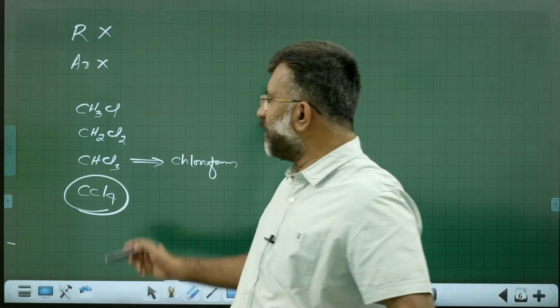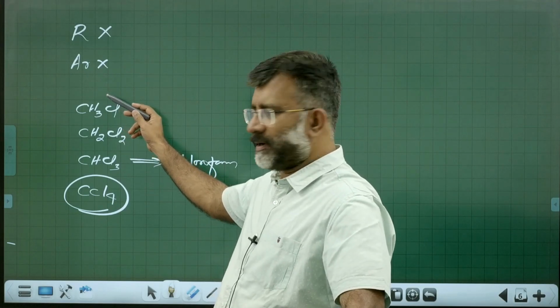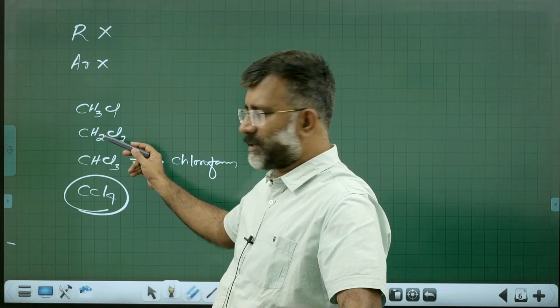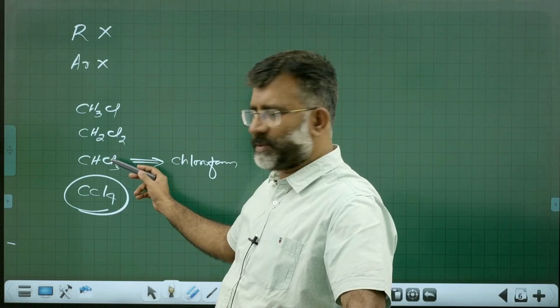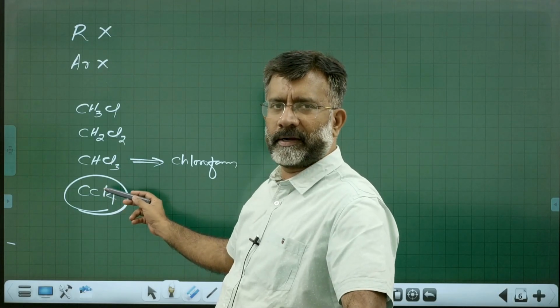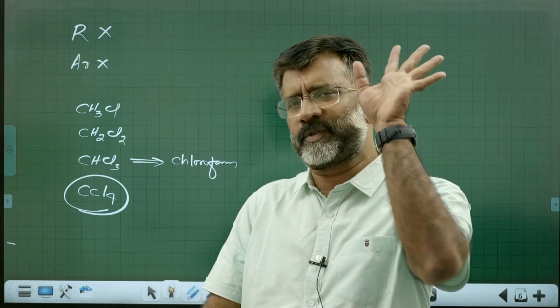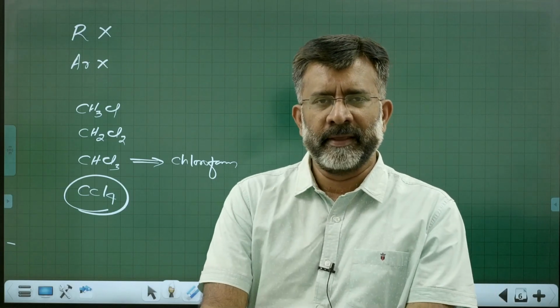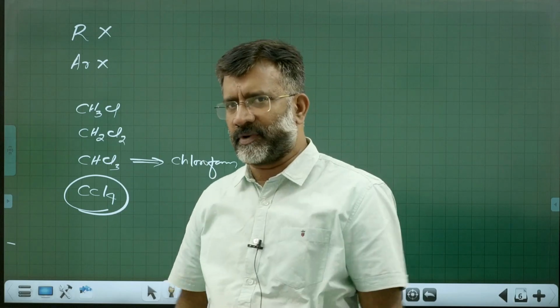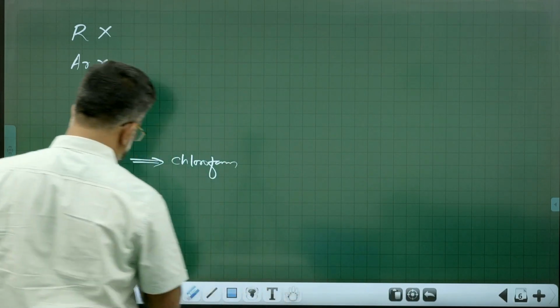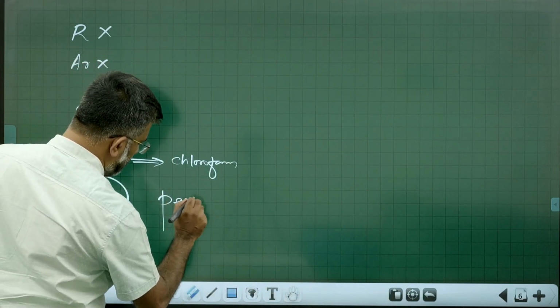So this is one hydrogen replaced by chlorine, two, three, and all hydrogen atoms replaced by chlorine. So when in a hydrocarbon all hydrogen atoms are replaced by chlorine, it is also known by another class of compound, perhalogen derivative. Such molecules are called